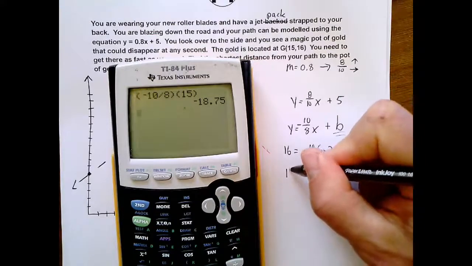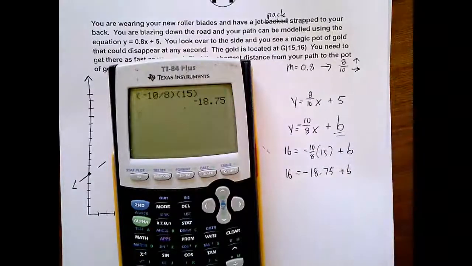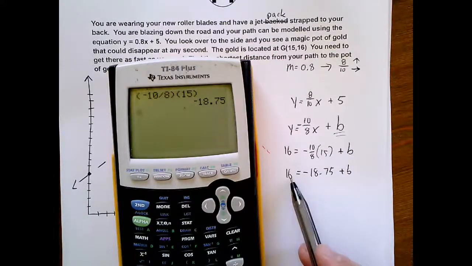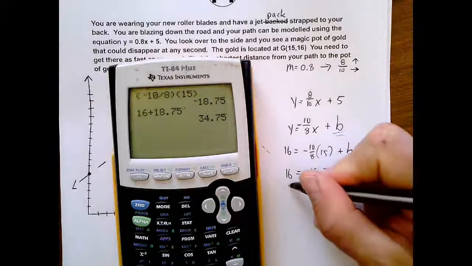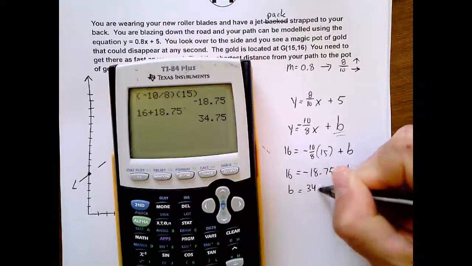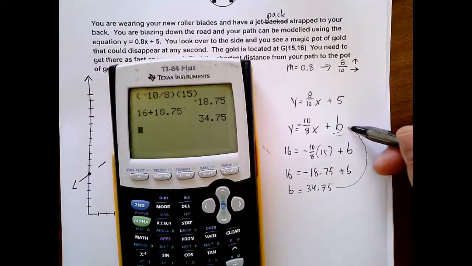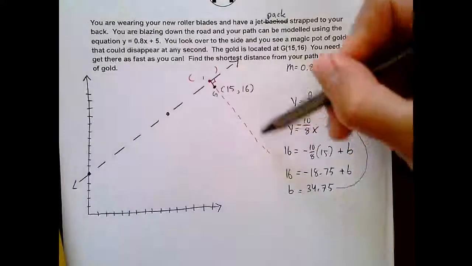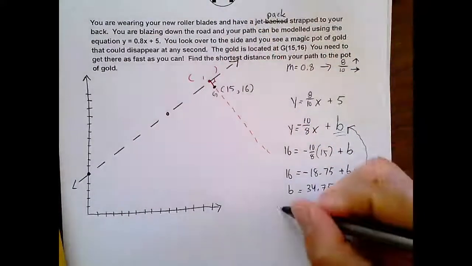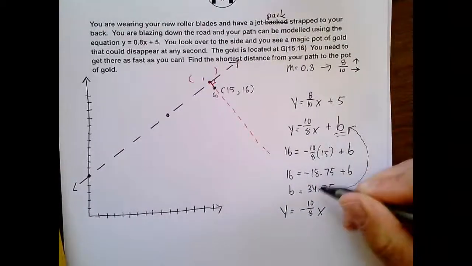So now I have 16 equals negative 18.75 plus b. So now I just need to add this to both sides, and I'll have b isolated. So I'm just going to say 16 plus 18.75. I get 34.75. So now I know b is 34.75. So I can plug this back here, and now I would know the equation of this red perpendicular line. And that equation is y equals negative 10 over 8x plus